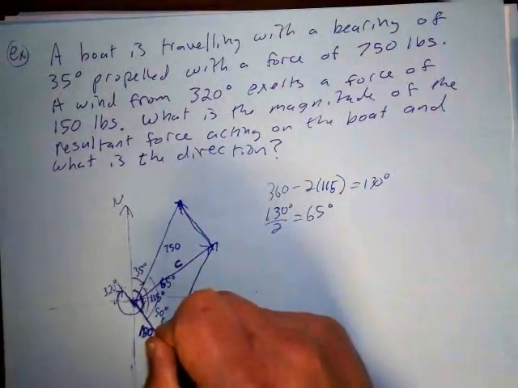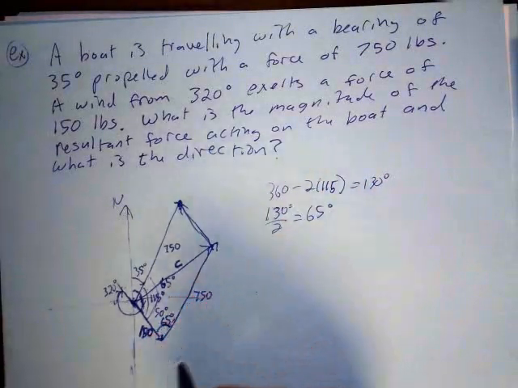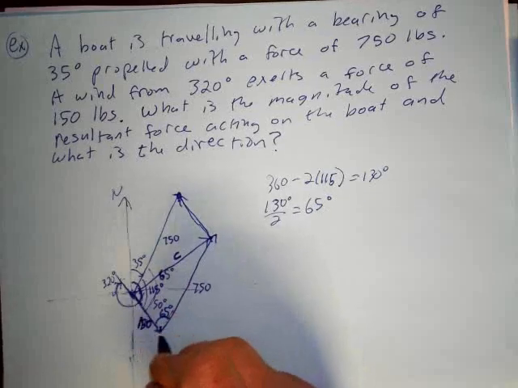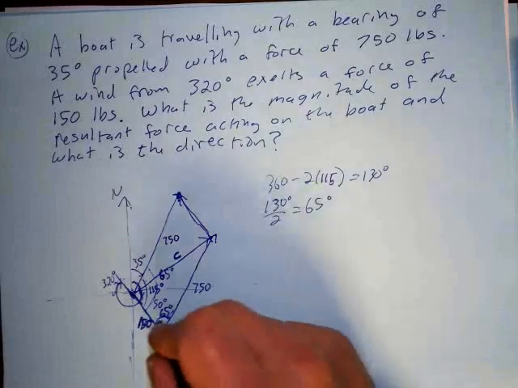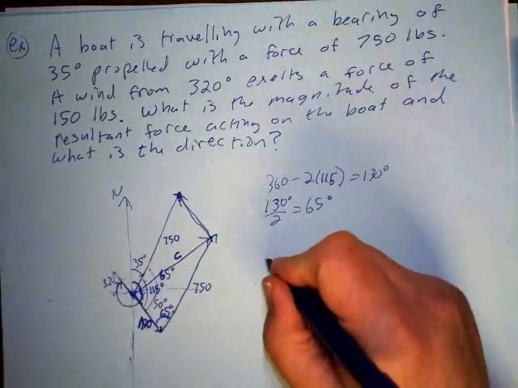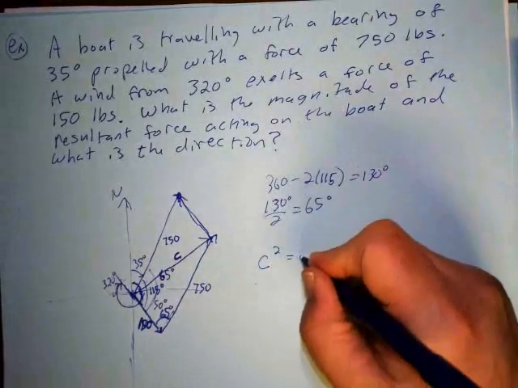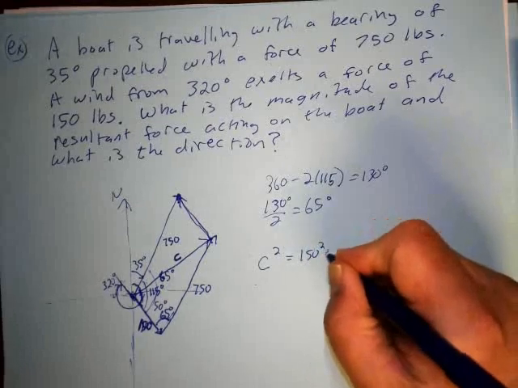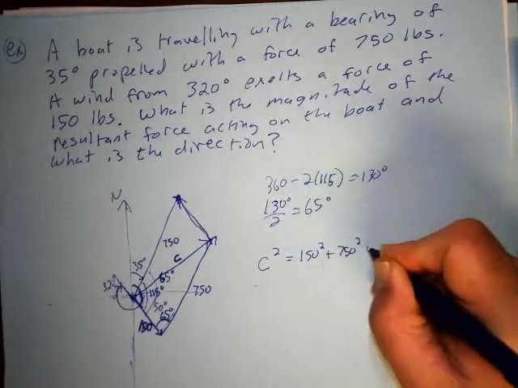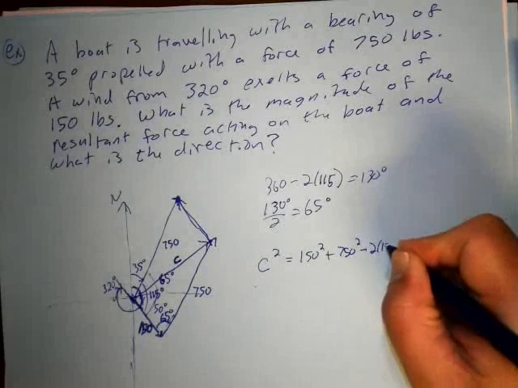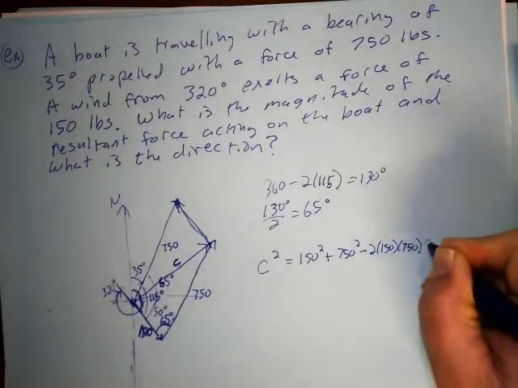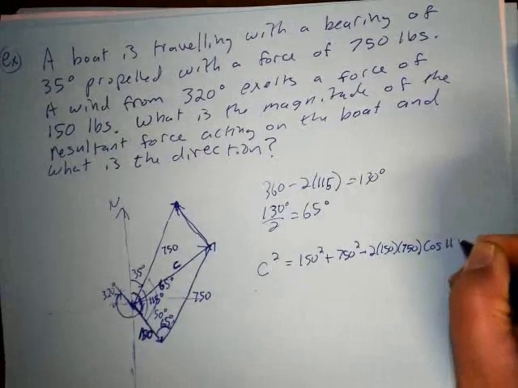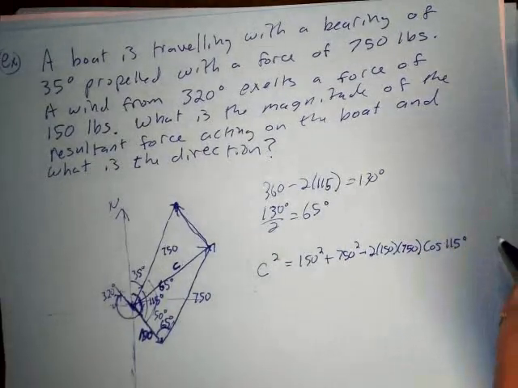So this angle is 65 degrees. Now I can use the law of cosines. I have 150, 750, and an inner angle of 65 degrees. So my c squared is 150 squared plus 750 squared minus 2 times 150 times 750 times cosine of